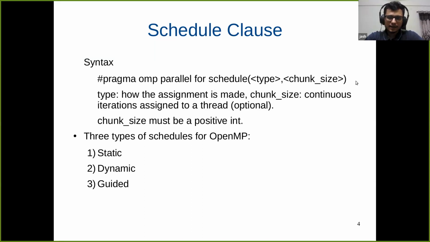And yeah, this is the syntax where we are using #pragma omp parallel for, followed by schedule, and then specifying type and chunk size. Now, chunk size is nothing but an integer. It is a positive integer, to be more specific, because you can't specify a negative chunk size. So chunk size must be a positive integer. Coming to type, we'll be discussing three main types here. One is static type of scheduling, another is dynamic type of scheduling, and third is guided type of scheduling.